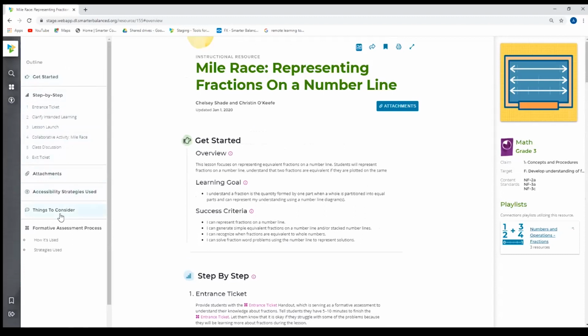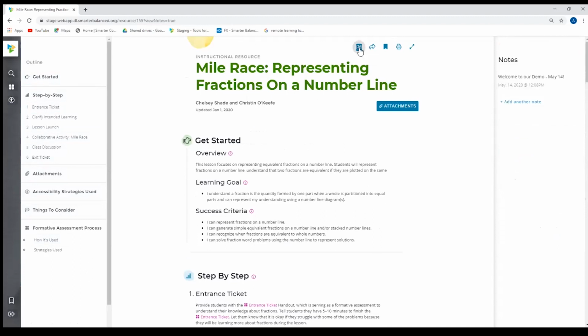In addition to the outline margin, there are some site functionalities across the top center. This is the notes feature. This is a new feature in this site. It allows you to take notes on the resource as you go. So as you can see, I put a note in for you guys: Welcome to our demo. If I wanted to add another note, I just simply click new note,